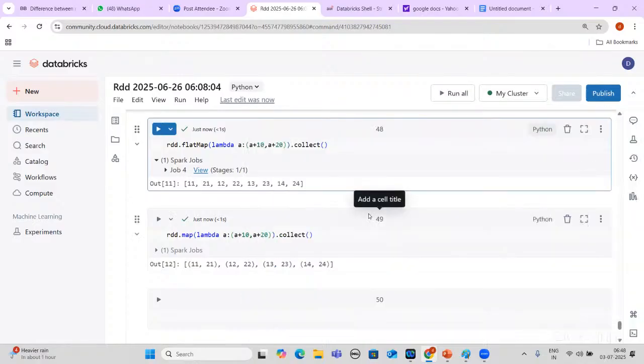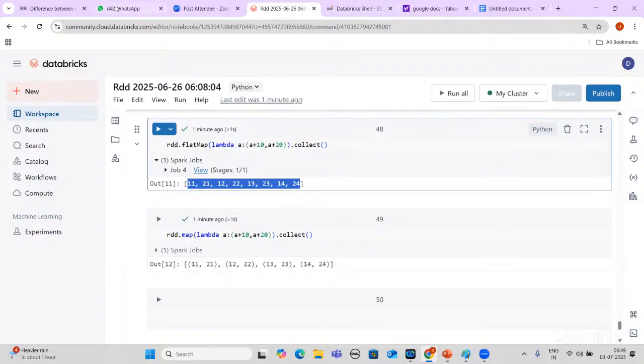What is the difference you find here? This is the flatMap function, this is the map function. Here we have different groups, partitions, four partitions, but it has given them in a sequence. Whenever we write flatMap, it will give you the sequence. The output is the same, but it is easier to understand here than here. It looks like different sets, but here it comes like a flat answer. This is the only difference between map and flatMap.